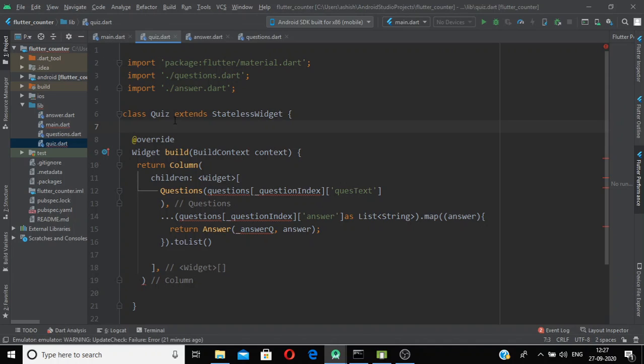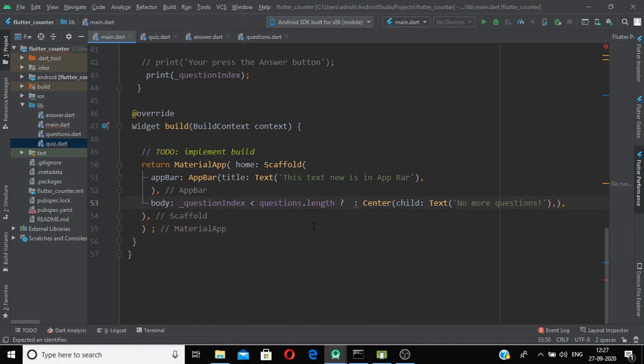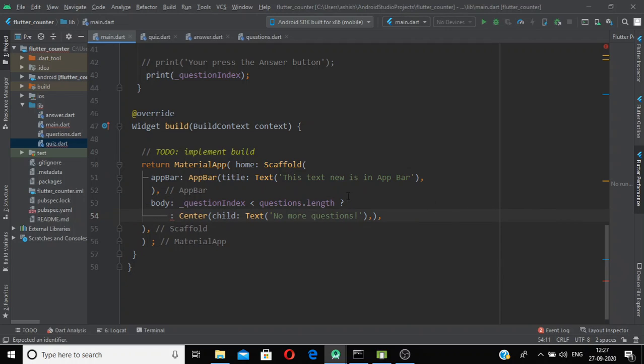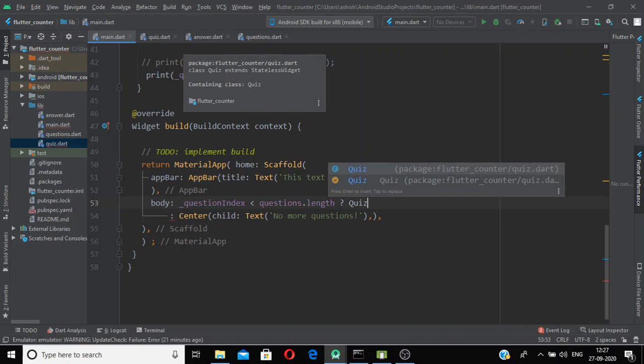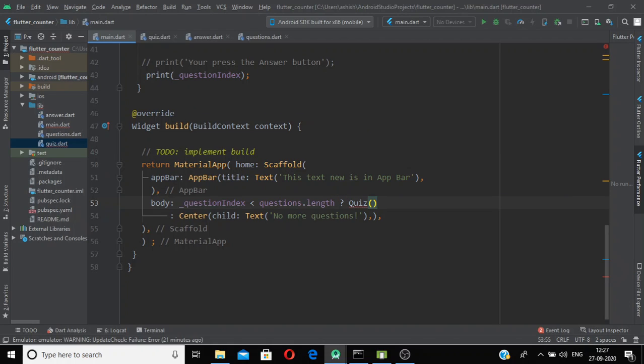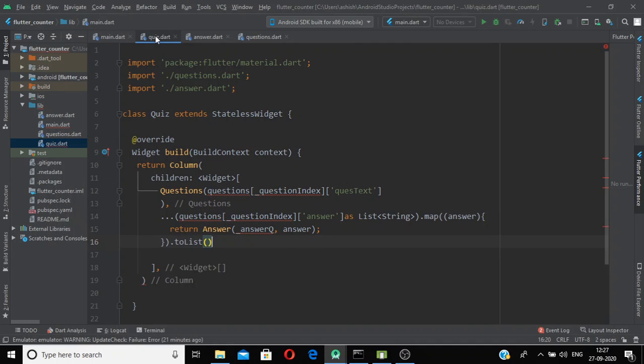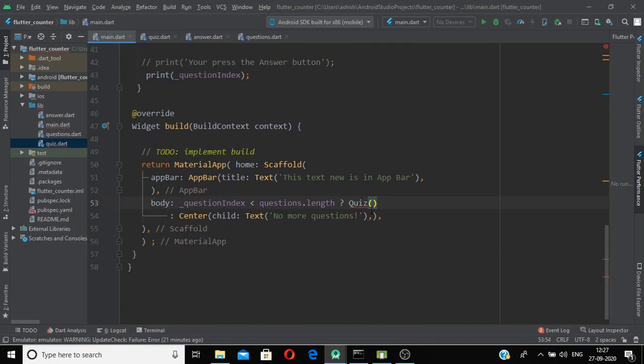And now we move to our main dot file, so inside main dot file, I replace that column widget with the constructor of this quiz dot file, and inside the constructor, what I'm going to pass, let's have our constructor here.